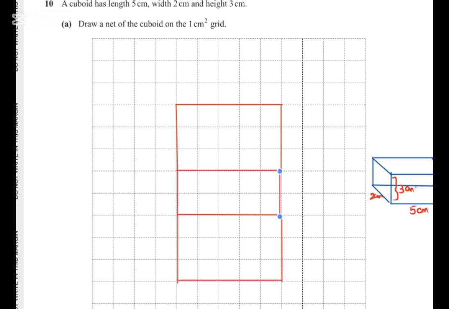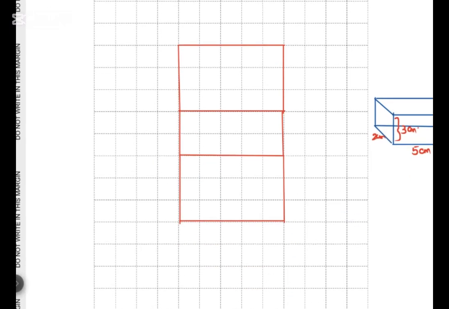Use your rulers for this. Then one more small face we'll draw. This is the small face, and then the side faces, this side face and this side face. For that we have to draw,